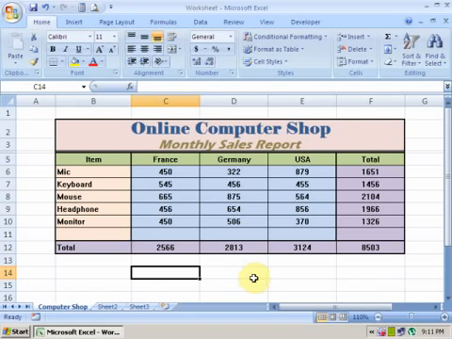It is very simple to calculate all the prices, all the quantities of